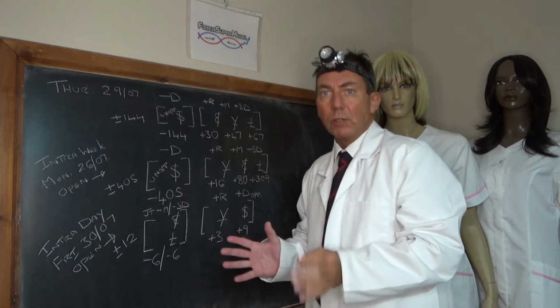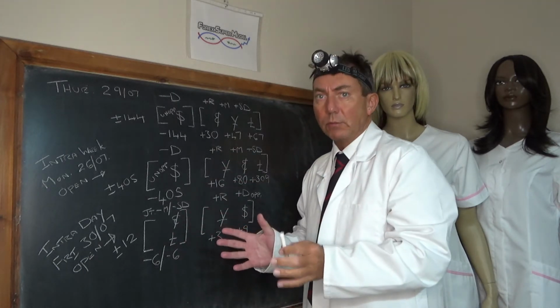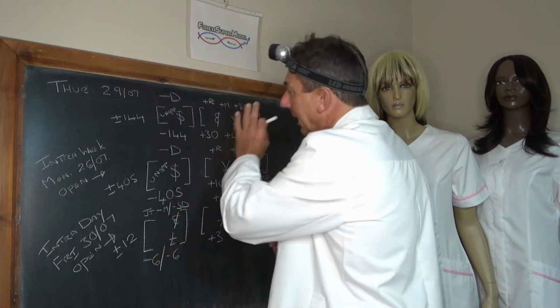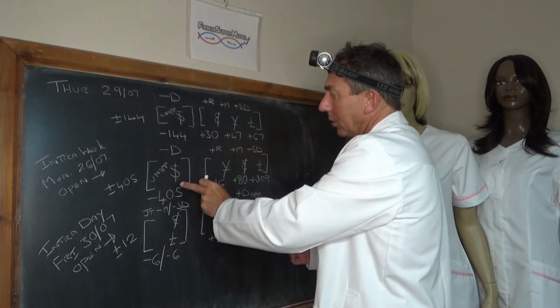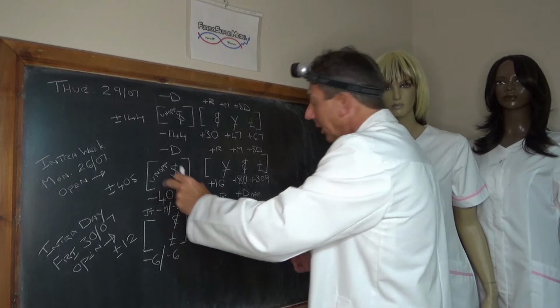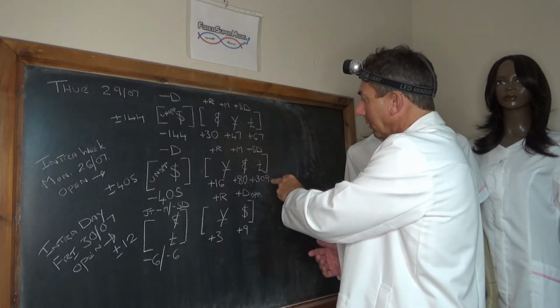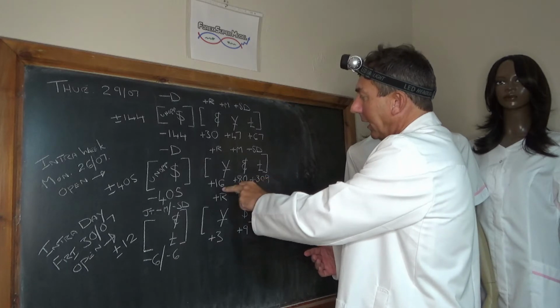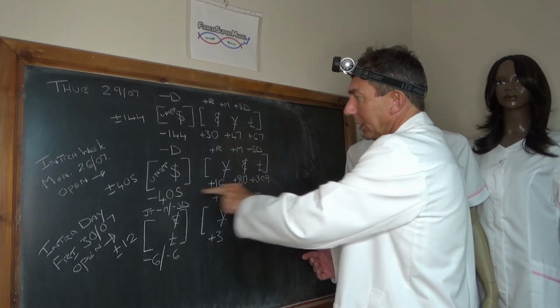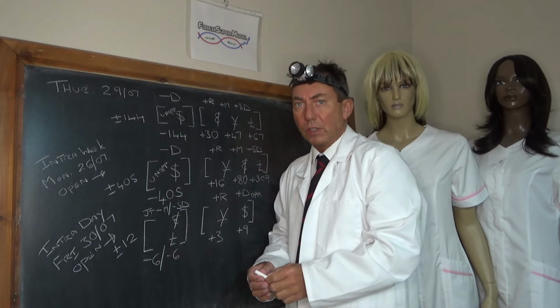Intra-week then, this is the most relevant because it's from Monday the 26th open to about 15 minutes ago. We've got a negative unopposed driver in the dollar at minus 405. No backdoor flows, the opposing positive flow mainly going into the pound at plus 309, into the euro at plus 80, and the yen was the positive rock at plus 16, activity plus or minus 405.